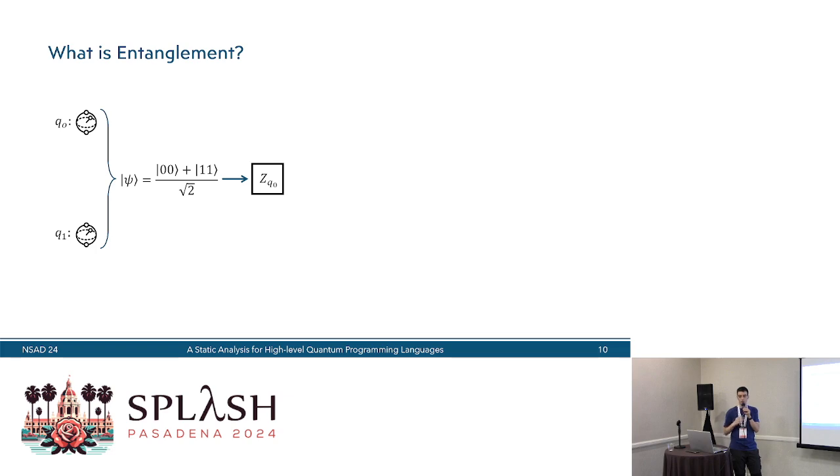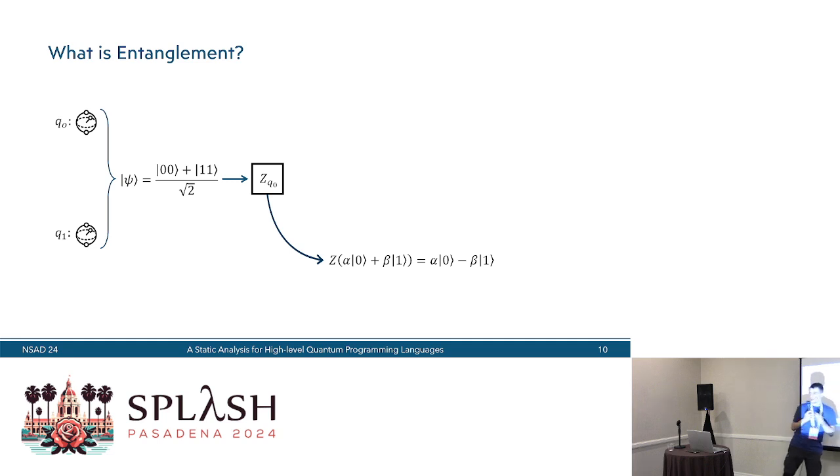For example, if we have this state and we apply the Z operation, a simple operation that changes the sign of the amplitude of 1, so if we have alpha plus beta, it becomes alpha minus beta, we obtain this state in which we have changed the sign of the first, but we have also changed the sign of the second. Since these two qubits are entangled, it's like they form a unique state. So every time we work on one of the two qubits, we are actually working on the pair,